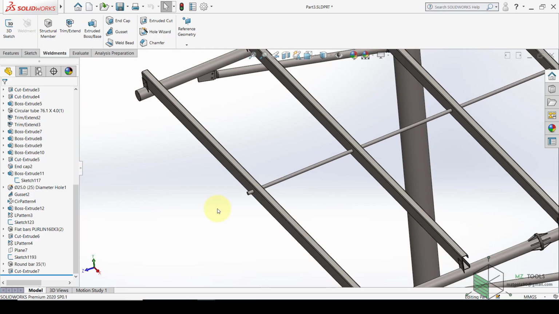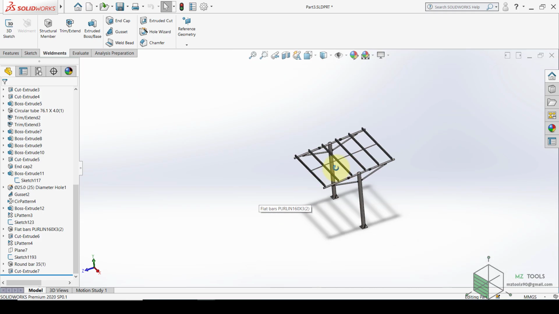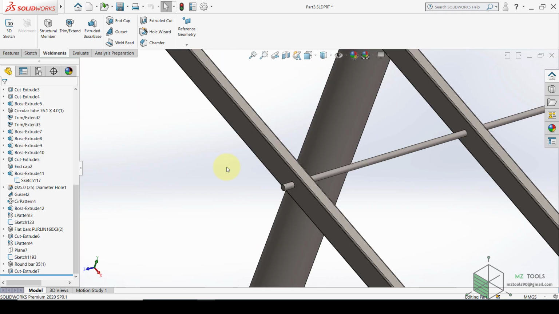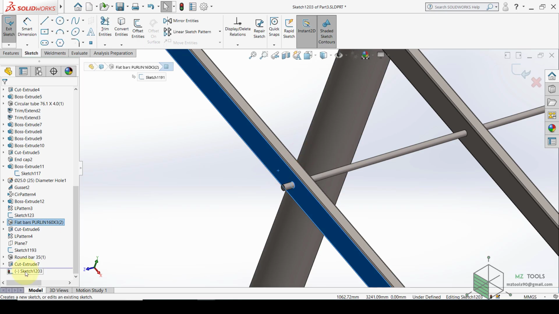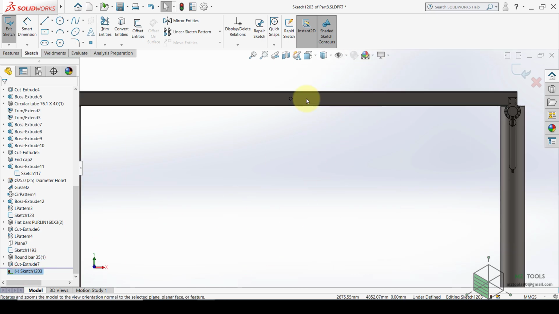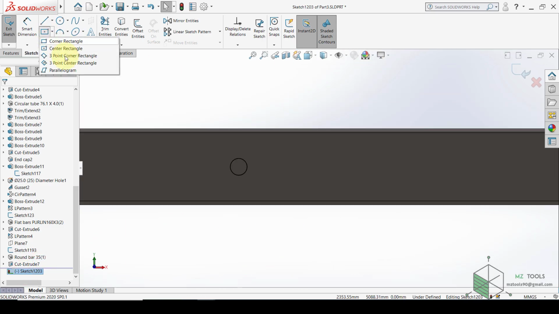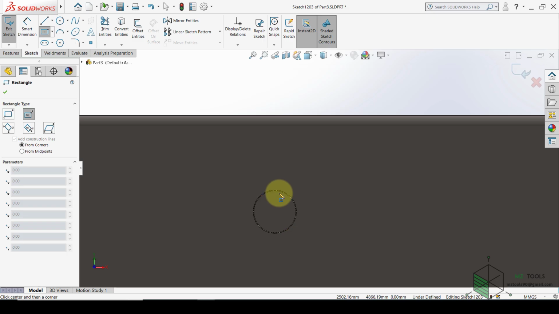We can weld this rod and we can fix it by a washer and a nut. At least we need to fix it here and here. Here we need to create some kind of pad so we can distribute the stress and add more thickness to this purlin. To do so, select this face, start a sketch, and then pick center rectangle, snap to the center point,